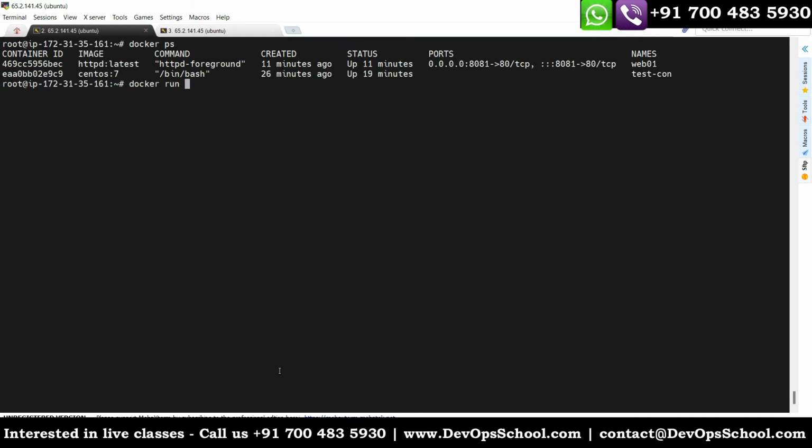We will be installing our own Apache in it. Run in detached mode, with an interactive terminal. You know that the Ubuntu image will again have bash inside it, similar to your CentOS here, right? So -itd --name of my container, I'm just running app01, and do the port mapping